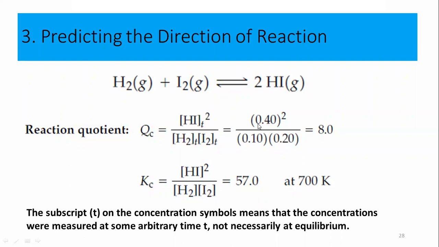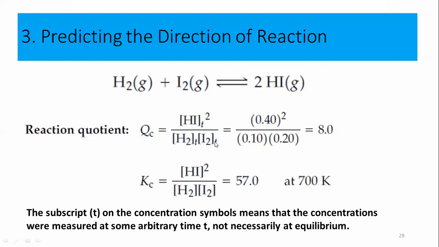That means you can control the chemical reaction towards the reactant side or towards the product side if you know the direction of the chemical reaction. So here I'm going to discuss how you can predict the direction of the reaction. That means towards the forward reaction, or the reverse or backward reaction, either moving to the product side or moving to the reactant side. So this is the direction of the